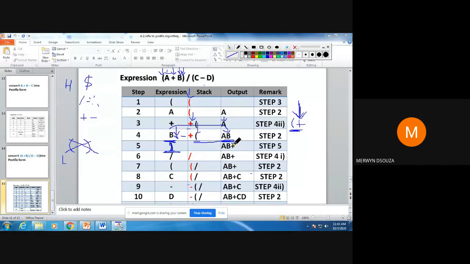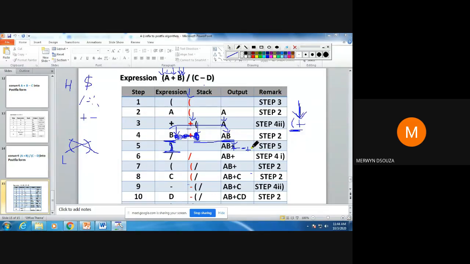I would have popped multiply first. Then I would have popped minus, put it in the output. Then I would have popped plus, put it in the output. I would keep popping all these operators from the stack till I get the opening parenthesis. When I get the opening parenthesis, I pop it, but I don't put it in the output.